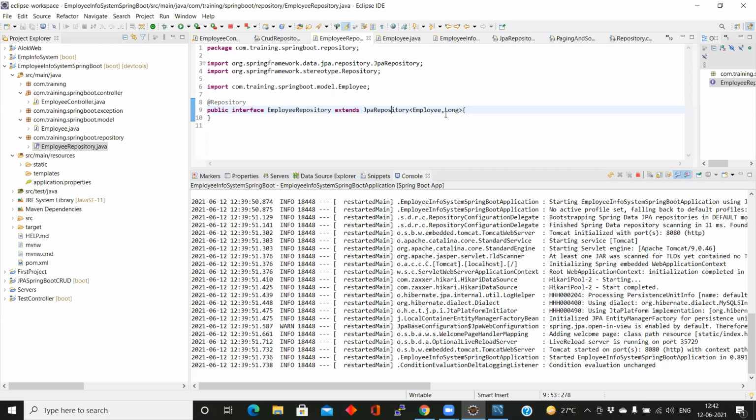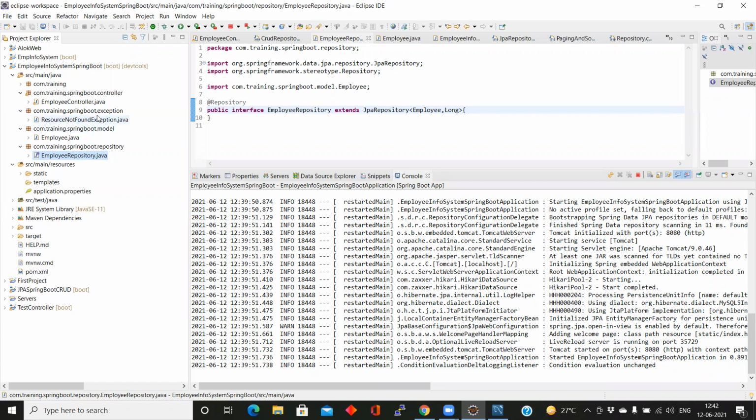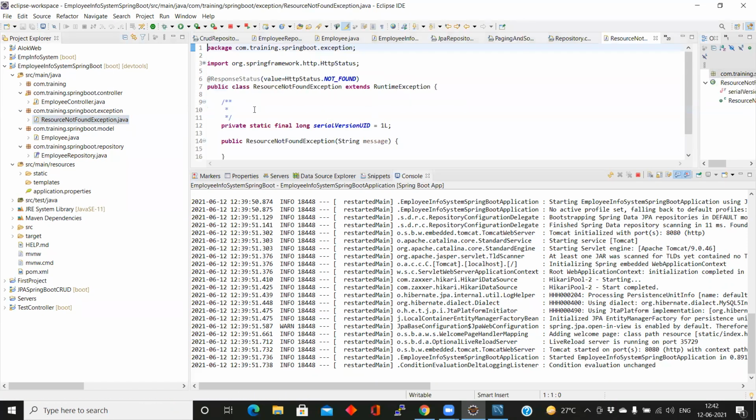Great. So this is the step after this step. We create the model, we create the repository. Next, for the timing, I have not used exception handling. In many cases we can use the inbuilt exception, but I was actually facing some problem. That is the reason I have not used it.